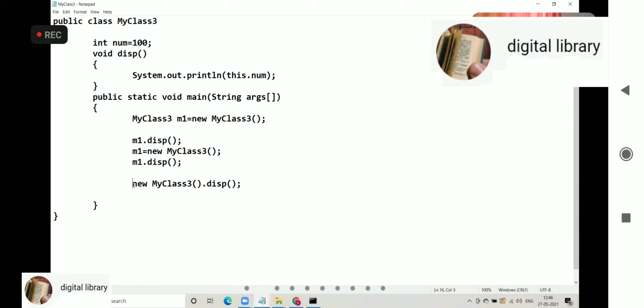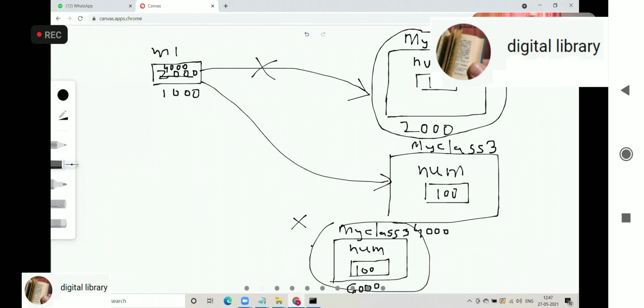So an anonymous object should be used at the same place where it is created. That's why new MyClass.display. So here the object will get created, members will be allocated memory, and display will be called. And as soon as control reaches the next line, that object will be marked for garbage collection. Okay, sir. Thank you.